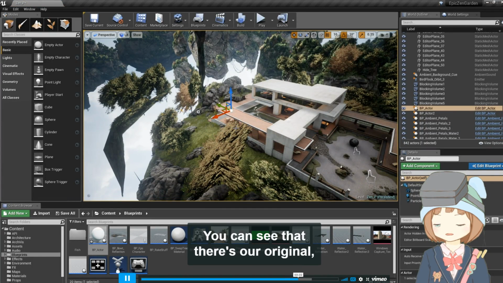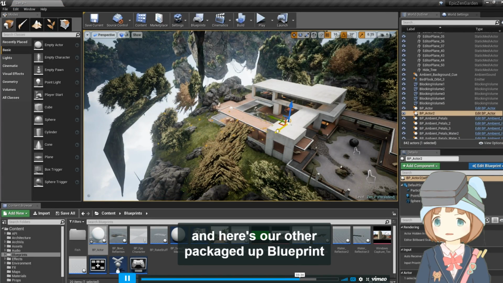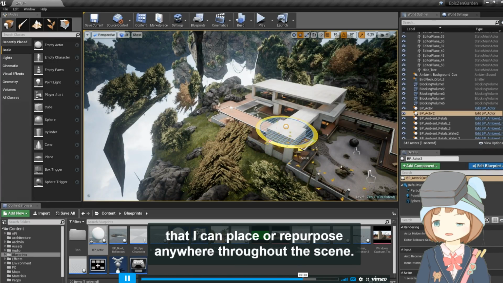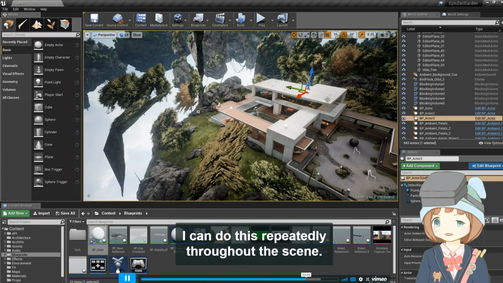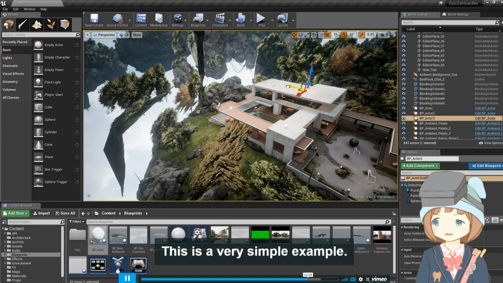And you can see that there's our original and here's our other packaged up blueprint on there that I can place or repurpose anywhere throughout the scene. And I can do this repeatedly here throughout the scene. And this is a very simple example, right? We have an empty